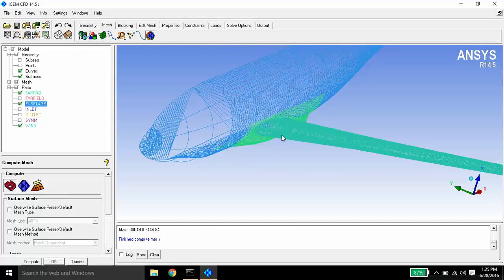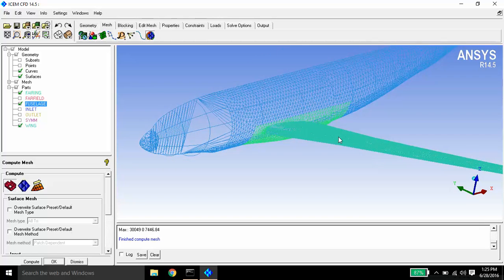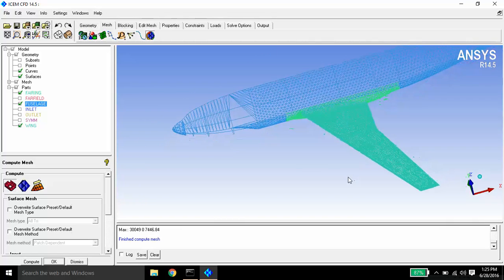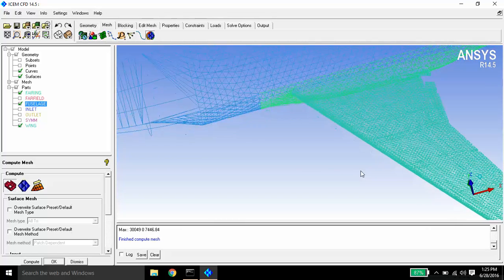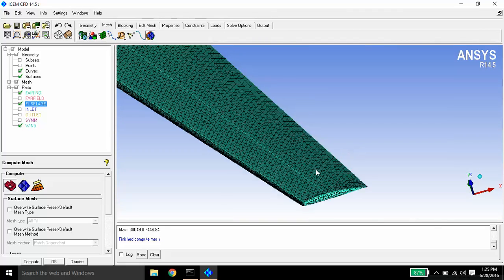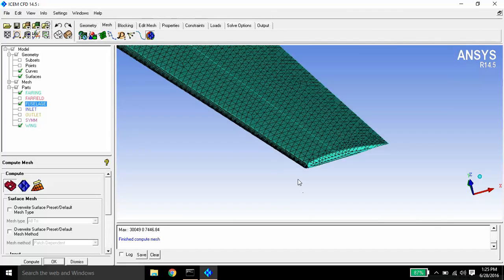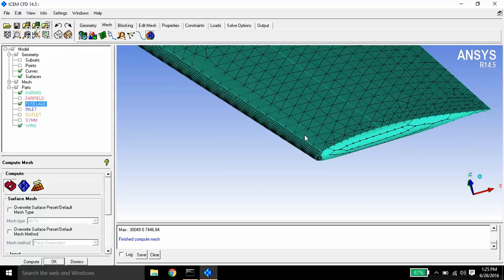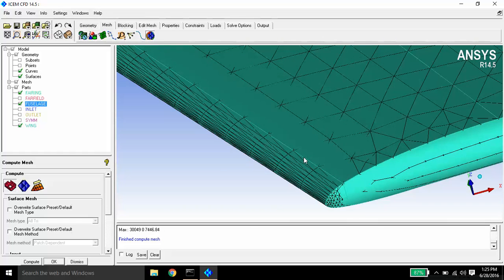So mesh is done, guys. Let's see how it has come near the wings. So you can see here the mesh is finer this time, and covering all the curves.